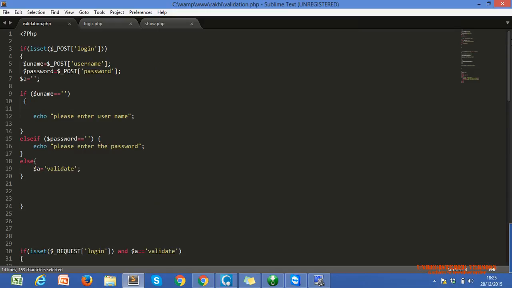First we have to check whether our input is blank or not. Whenever we click on the login button, we get the username and the password values. We declare a simple variable with a blank value. I will tell you why we declare that. Then we check if username equals blank. If it is blank, echo please enter username. Else if password is blank, echo please enter the password. Otherwise